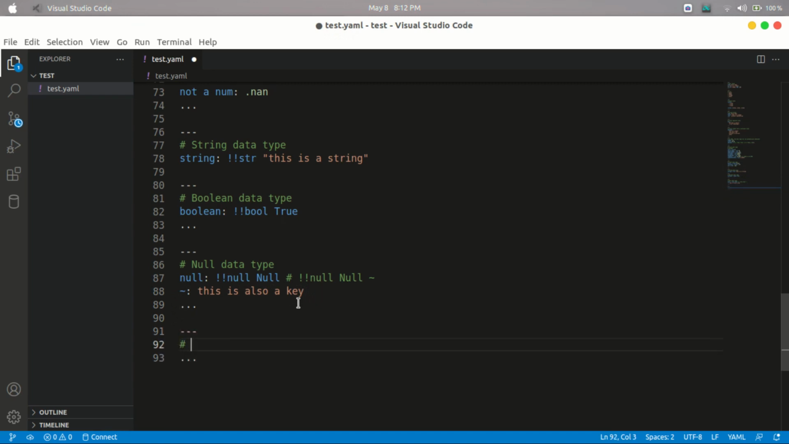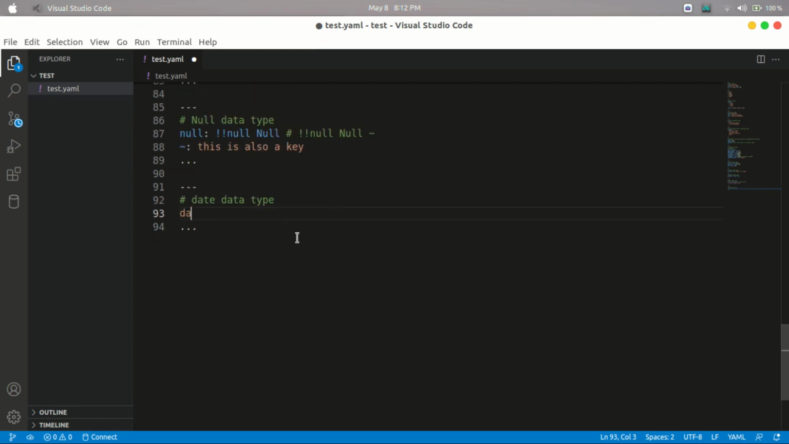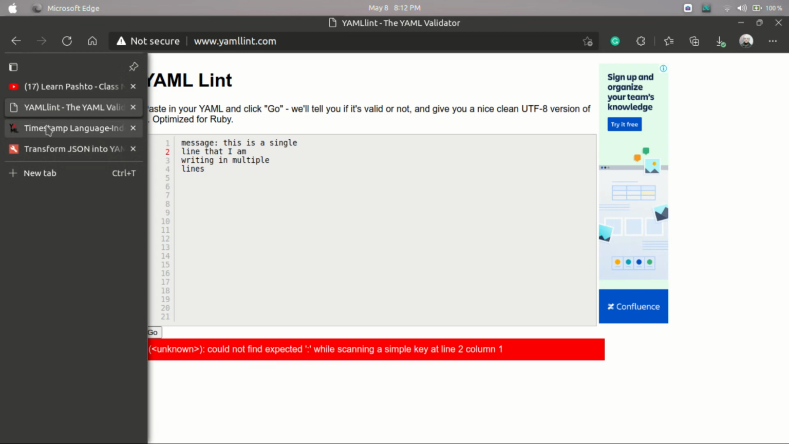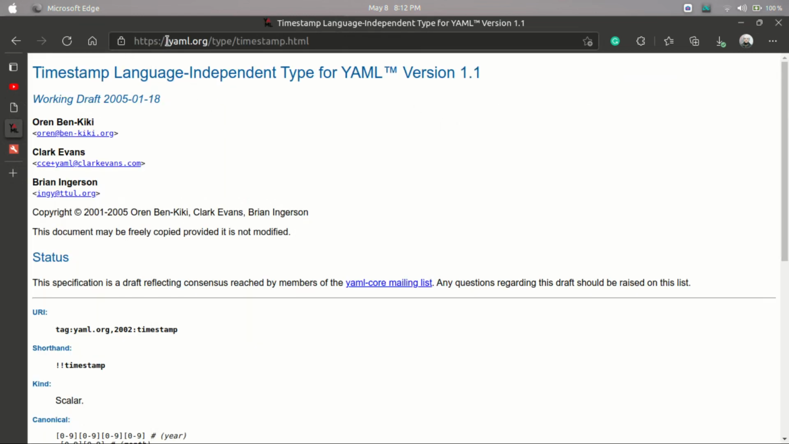Alright. After that, the next thing is the time. So let's include a time here. Date data type. Right. So let's write a date, and that would be exclamation mark times temp. Alright, and let's go to the browser and go to this website,